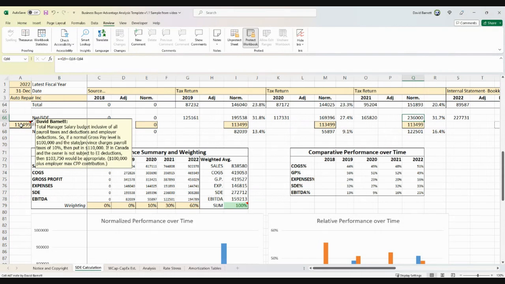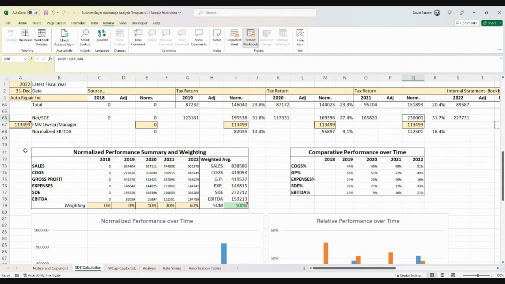And so in this case, it explains how you would put this figure in. It's not just the normal salary for that position, it's also any payroll taxes or expenses or deductions from the company side that have to be done. So what does it cost the company to be able to pay that person who is going to be the